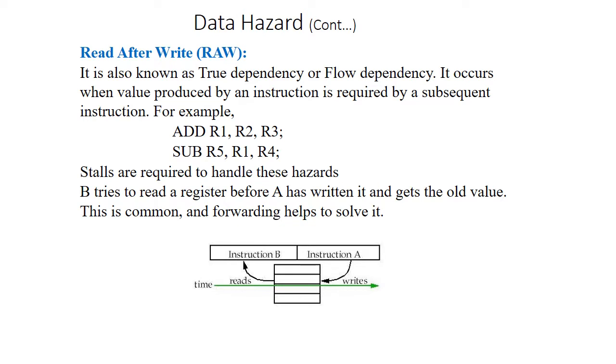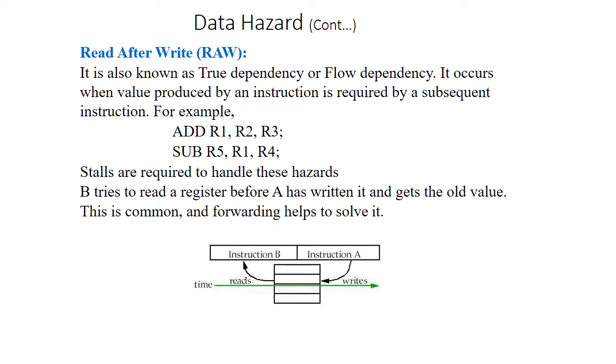The first data hazard is read after write, and it's also known as true dependency or flow dependency. It occurs when a value produced by an instruction is required by a subsequent instruction. For example, here are two instructions. First one is addition and then second one is subtraction. In the addition instruction, you can see the register values R2 and R3 will be added, and then the value will be stored at R1. That means the value of R1 is written first,